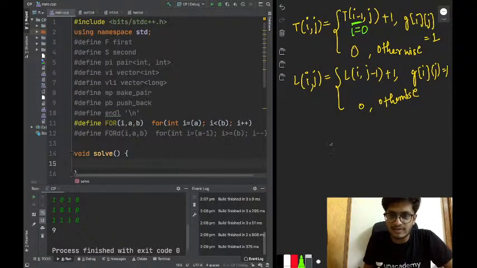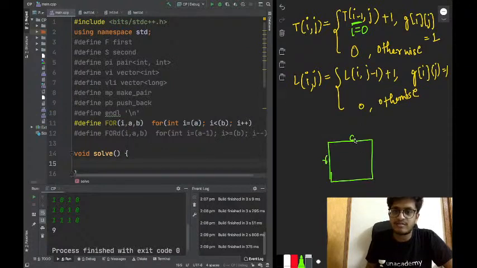What we are trying to say is, if this is my R cross C matrix, this is my T matrix, okay? And I am saying that the T value of any cell depends on the T value of its top, and the L value of any cell depends on the L value in its left. This is how the T matrix or L matrix looks. And if this is my B matrix, the B value of any cell will depend on the B value in its bottom, and if this is the R matrix, the R value of any cell will depend on the R value to the right of this cell.